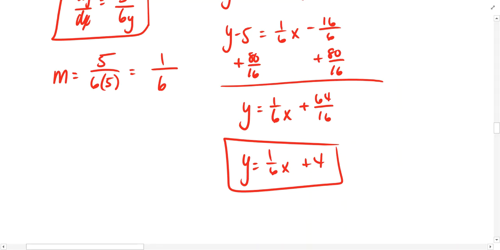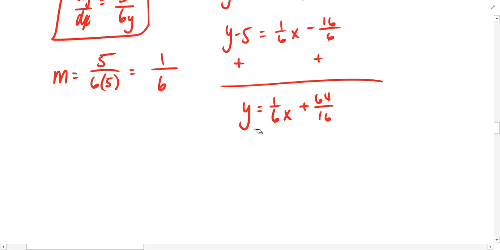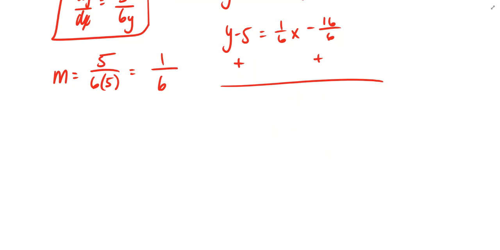Whoops, I don't know what I was thinking back here. The common denominator is 6, not 16. I think that might have thrown us off just a little bit. So 5 is